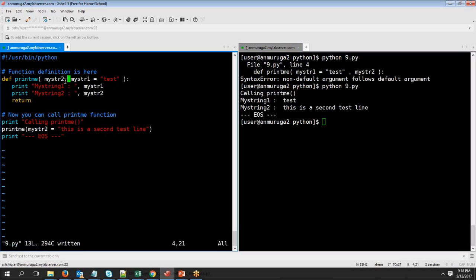So here you can see that now if I don't pass any value here, because I'm passing only one value, by default I'm assigning that to my string 2. That argument is being stored. And since I'm not passing any value for this argument, it is trying to store the default as test. The same thing now, if I pass some argument here, new line,